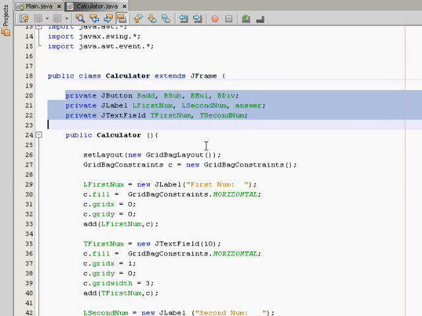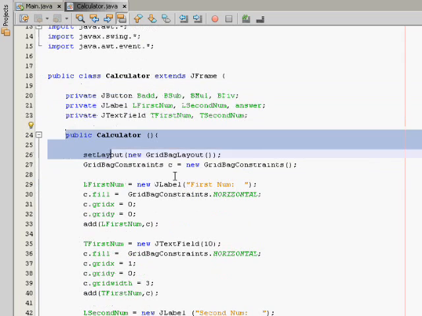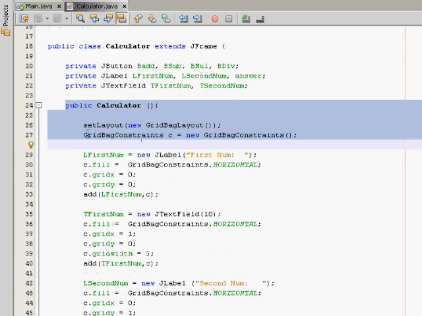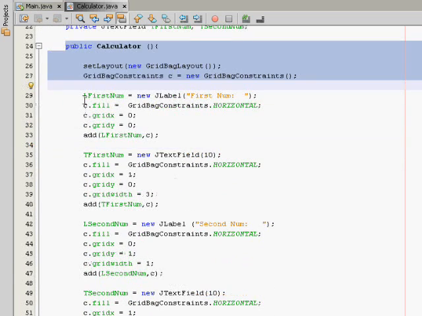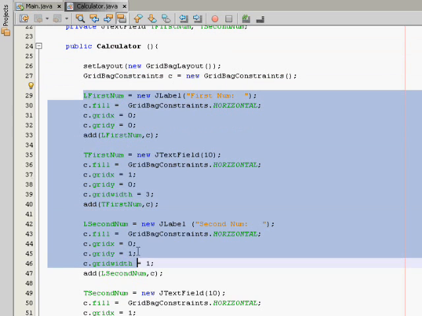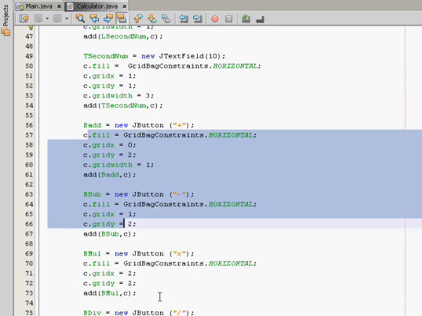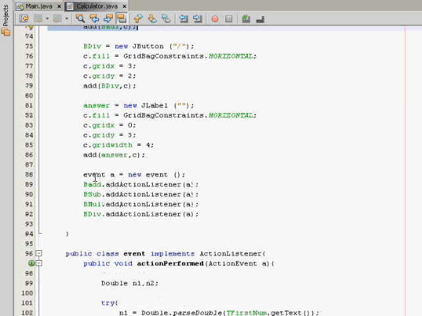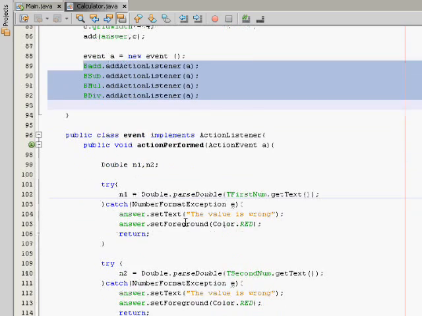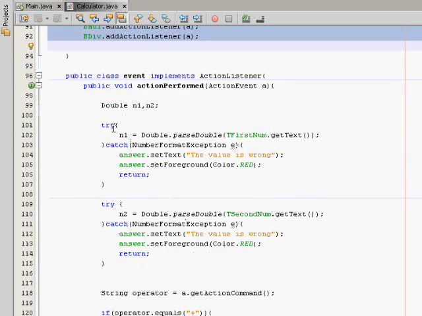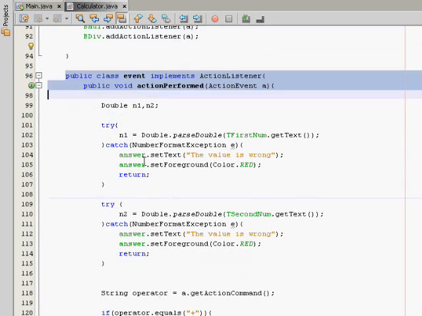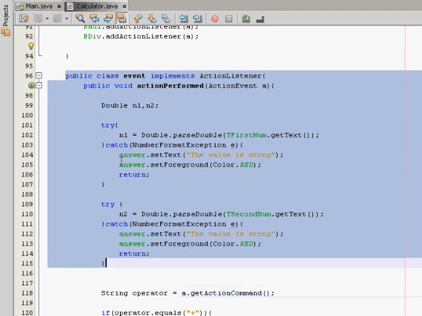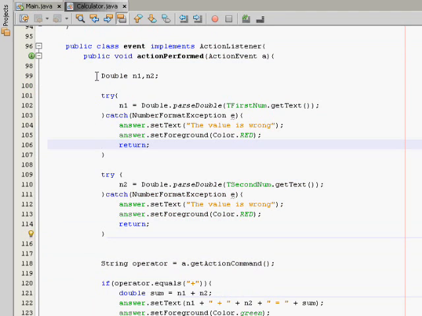Created the following objects, create a constructor, create the layouts, created the labels and text fields, the buttons of course, create an event, add it to the action listener, and finally created this subclass inside our class,